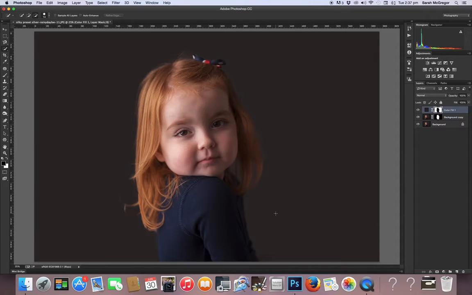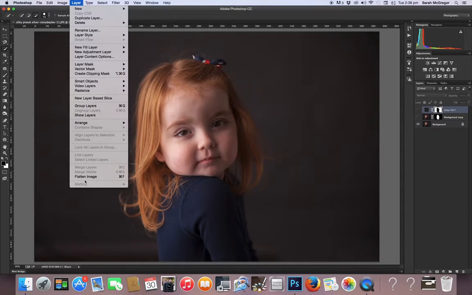Now what you need to remember when you are adding a solid color background is that any editing you're doing on top of it, you're letting yourself in for banding. So banding's created when the background is far too smooth, so you need to add noise. You can add noise by, I'm going to actually just click those off because I don't need them,